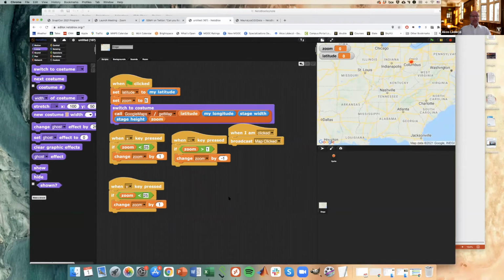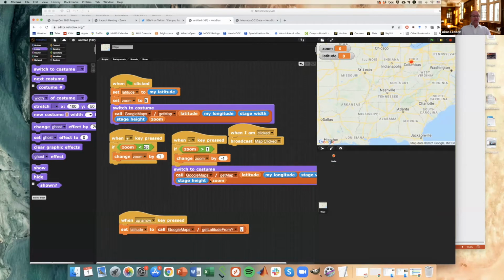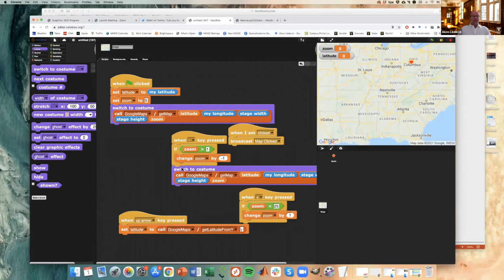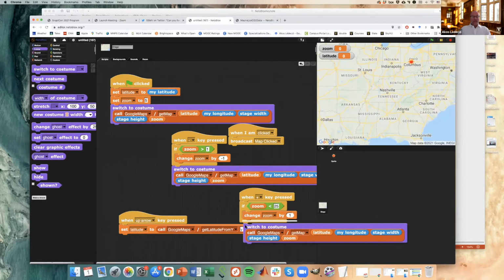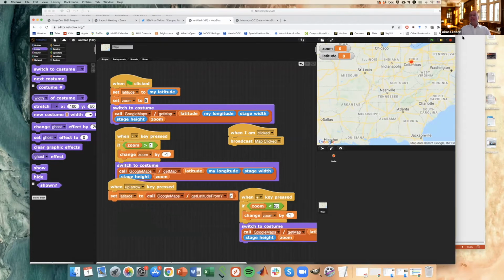It looks like Brian did the zooming already, and he started working on panning, but basically he added a variable called zoom. And then whenever we hit the plus key, it will change the zoom level if it's not exceeding. The only thing that's missing right now is that it doesn't update the map yet. So normally I would pick a custom block to do this, but in the interest of time, I'm just going to be doing this.